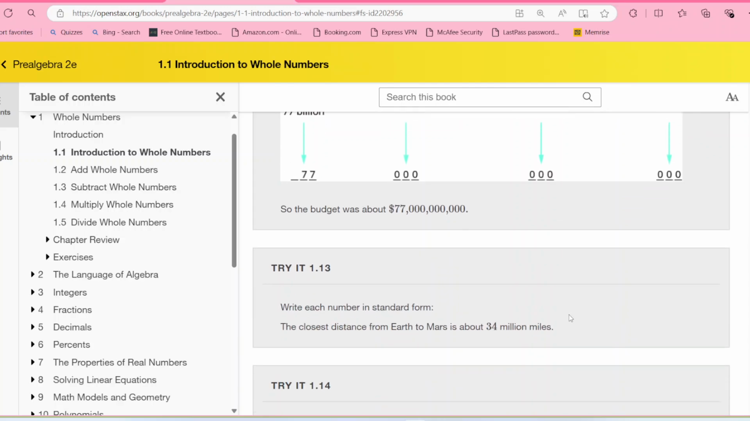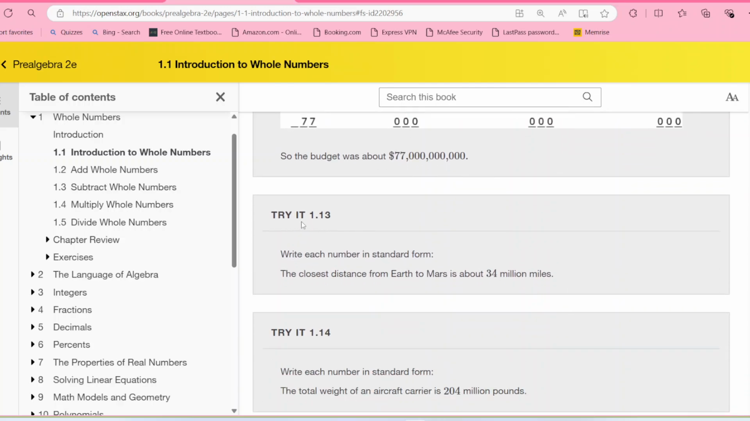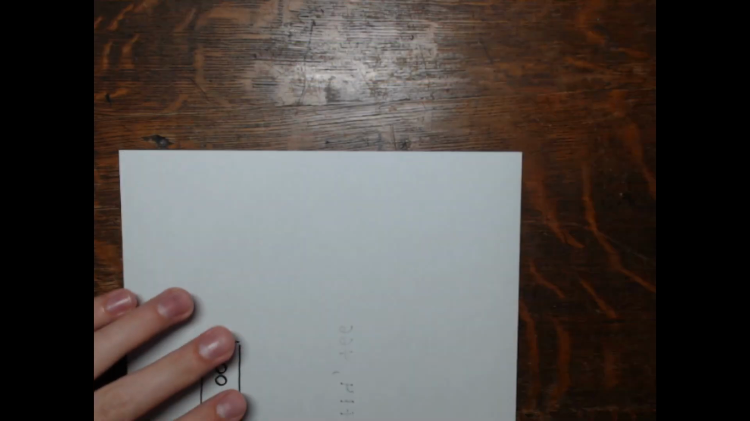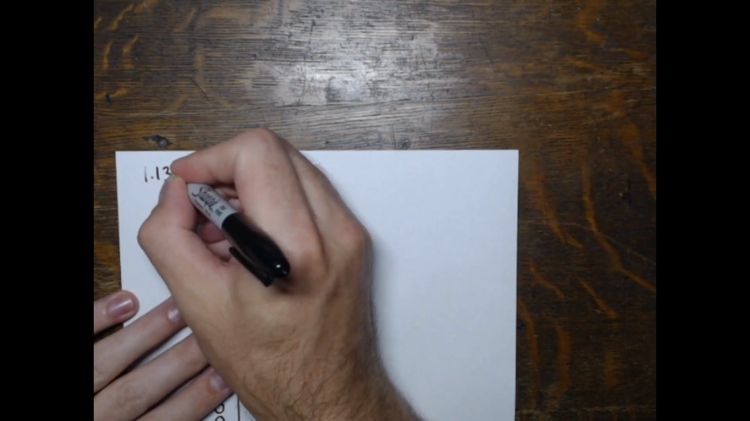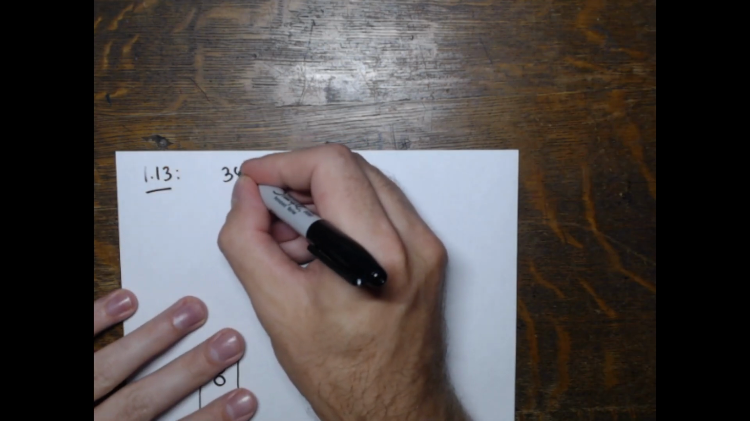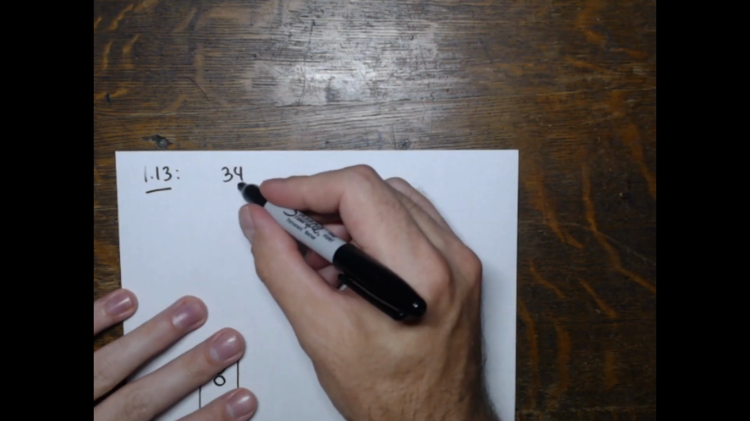All right, and then very similar to that, try it 1.13. Write the number in standard form, right? Write the number described with digits. So the closest distance from Earth to Mars is about 34 million miles. So 34 million. So let's just try it 1.13 here. The 34 is not in words, but still 34